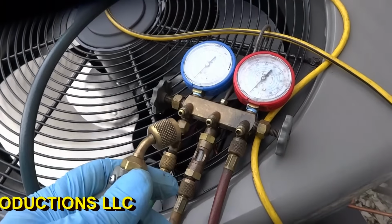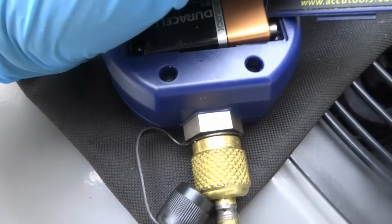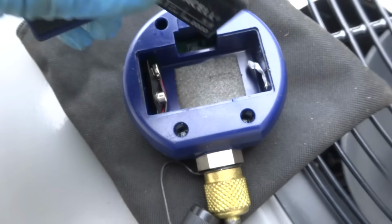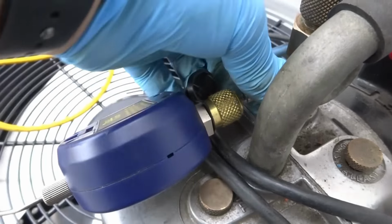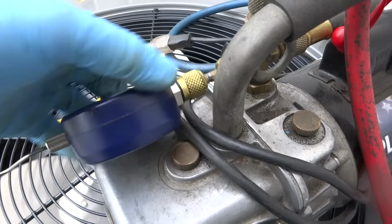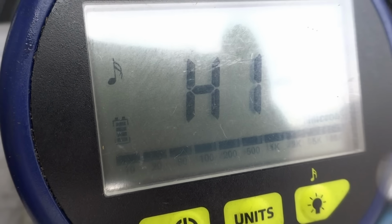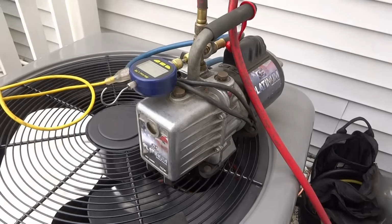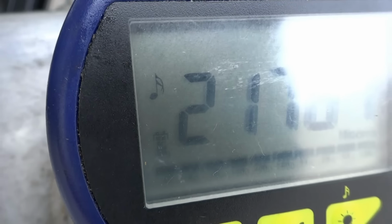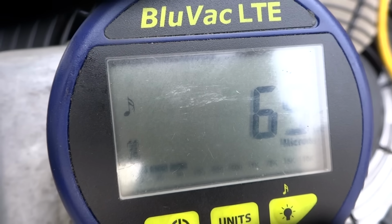PVC condensate upstairs. I always flip the battery around because if not I lose the battery. So when I put this away, I flip the battery around so I don't lose the charge on the battery. Every time I use it, I reconnect it. Let that run for a while, and in the meantime I can go do something else. I've got a good vacuum going there, so